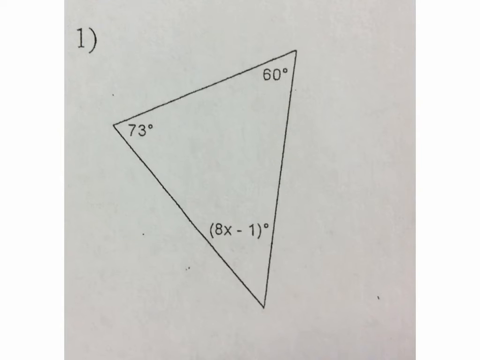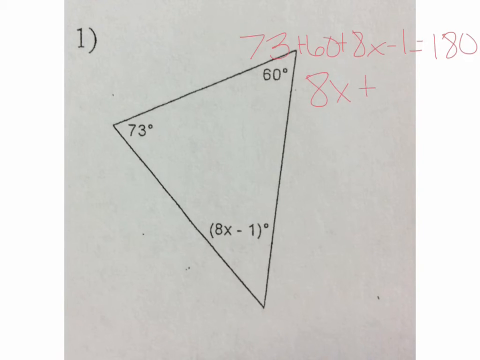Now let's try one with a triangle. Remember, all three angles in a triangle add up to 180 degrees. So we know all three are going to equal 180. So we know that 73 plus 60 plus 8x minus 1 equals 180. We combine like terms. We have 8x. All the other constants add up to 132